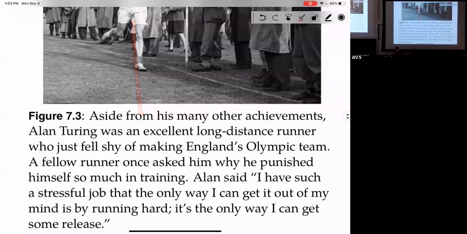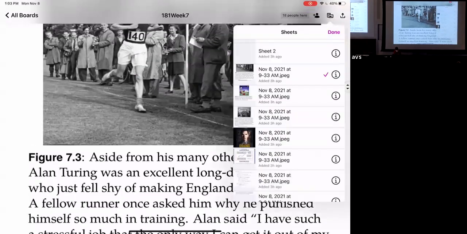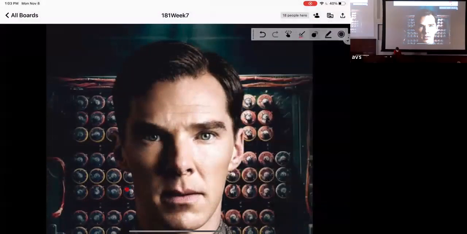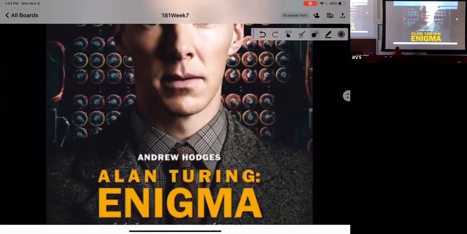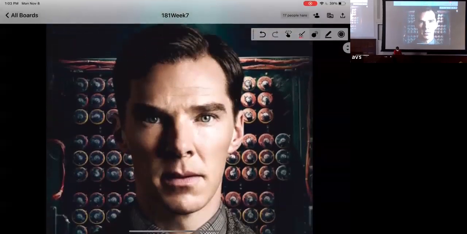He was also responsible for breaking the Enigma machine, which during World War II played a very important role in cryptanalysis, where he did something very much like, instead of using manual skill to break a code, designing a machine which can break the code for you, right? If you have seen this movie, if you haven't seen this movie, it's okay. It's not that great. But the book is really good.